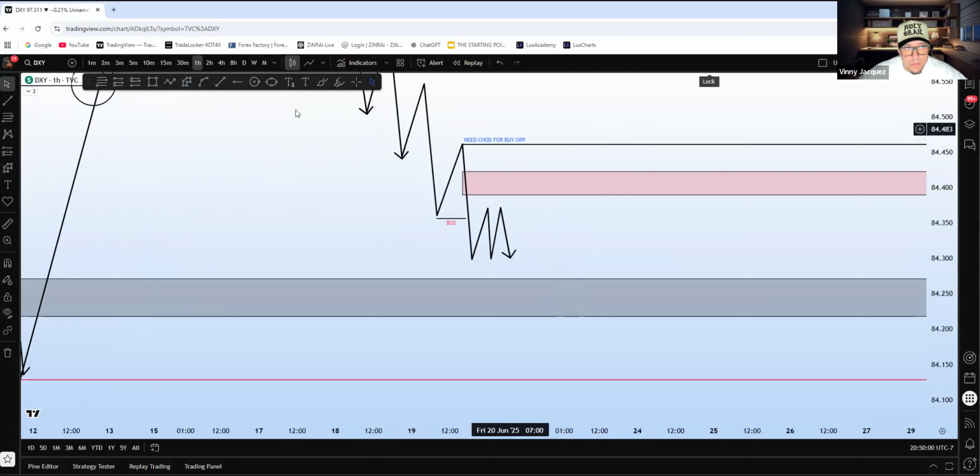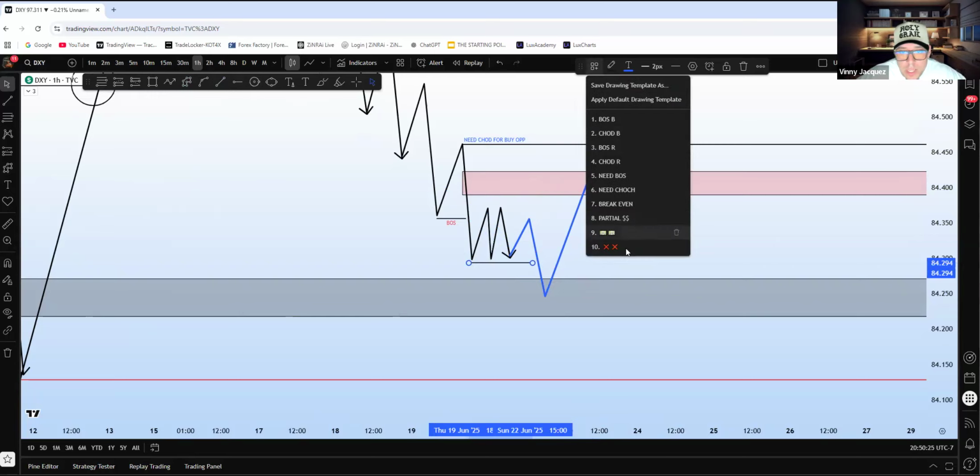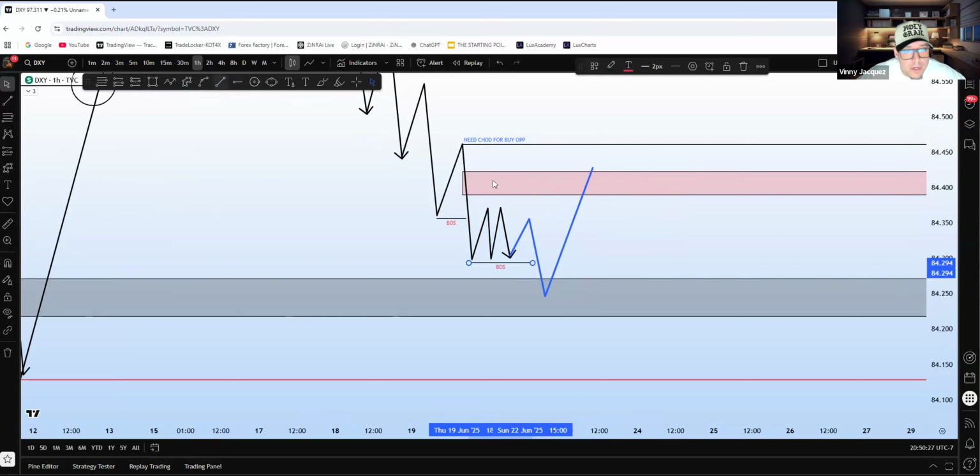However, if we can get the buy before the sell, there's a good chance that this buy runs through this. So if you are looking to sell, just keep that in mind, right? Keep that in mind. However, then there's one more thing, right? If we can get the inverted